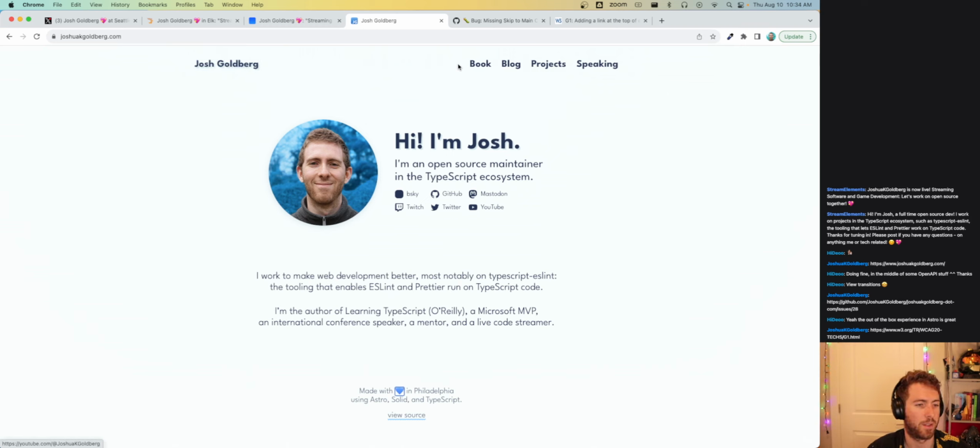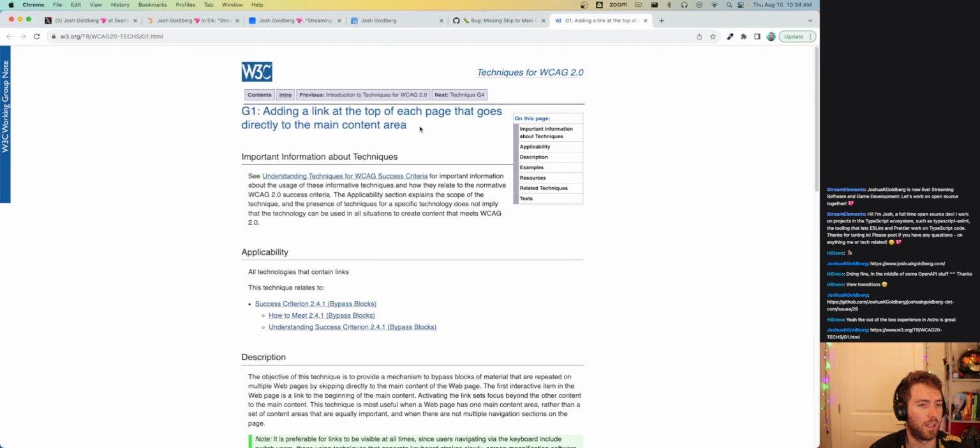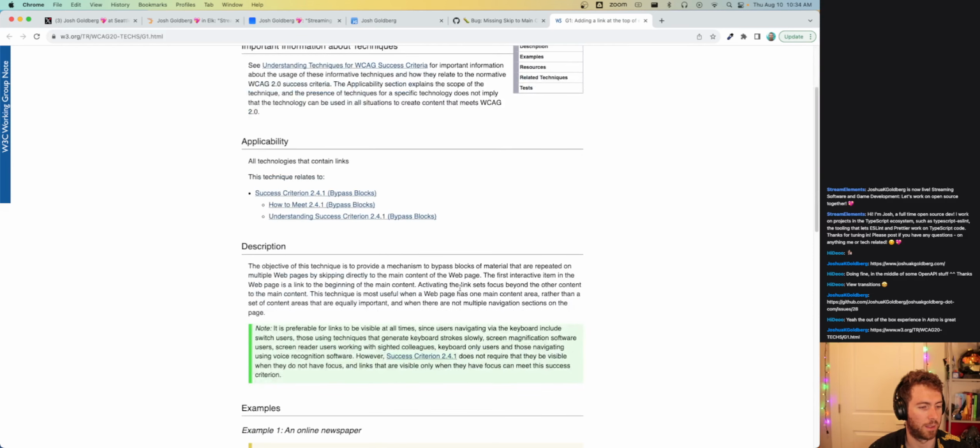Waste of time, especially for people who can't just quickly keyboard tab through, who have to take a little longer, have less fast input modes. So there's a website accessibility technique to have some kind of link at the top of each page that goes directly to the main content area, often called a skip to main content or bypass block.